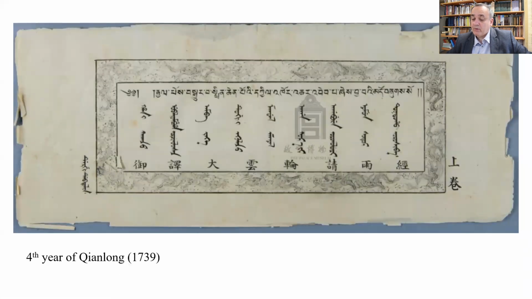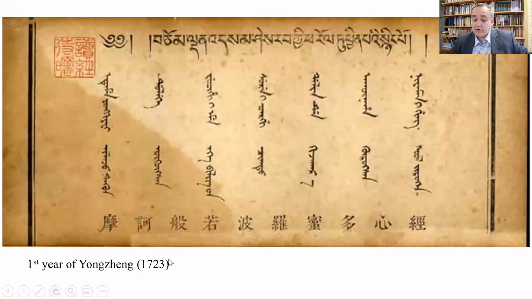So here's another example, a few years earlier. So we're gradually moving back in time, and we can see that this is not uncommon at all. The Chinese text goes from left to right, again, following the Tibetan on the top, and despite the vertical arrangement of the Manchu. And then further stepping back in time, because initially I thought that these texts were related to Qianlong, or Qianlong was very fond of them. But here we are at the beginning of the Yongzheng era, so before Qianlong, in 1723, and we have a